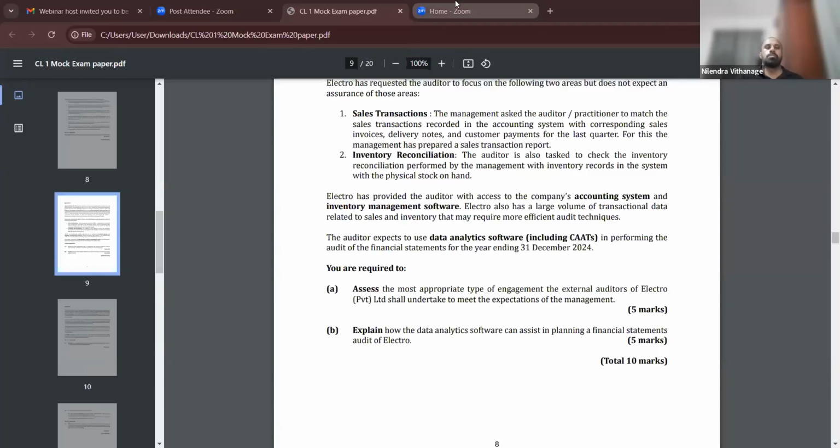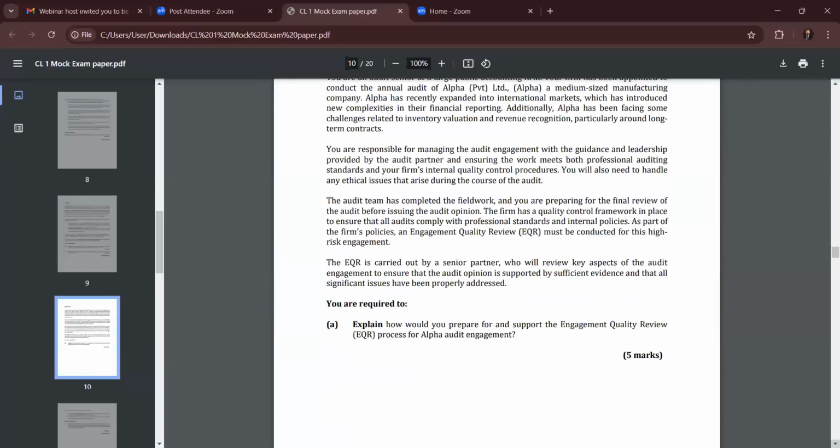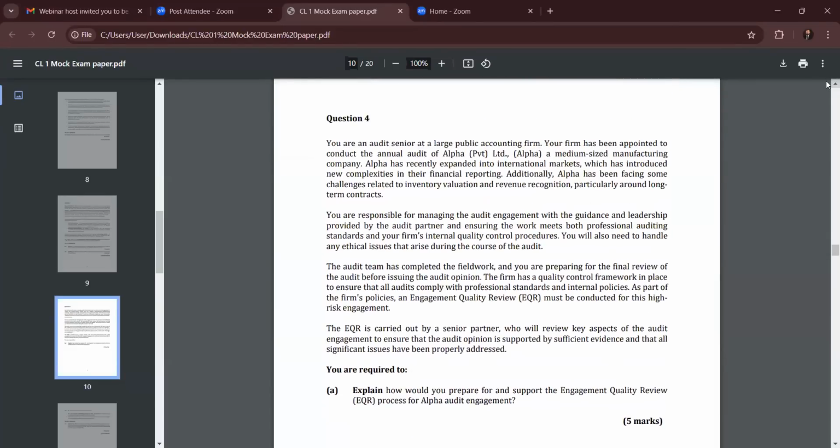Write down: Audit data analytics can be performed at the audit planning stage, at the audit planning stage, as a mechanism of